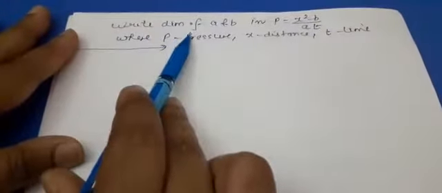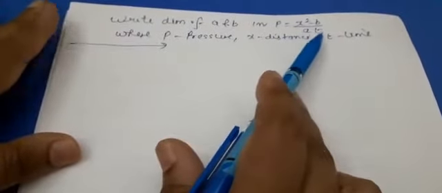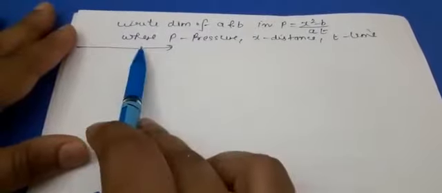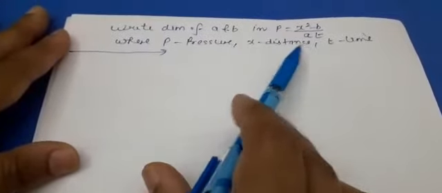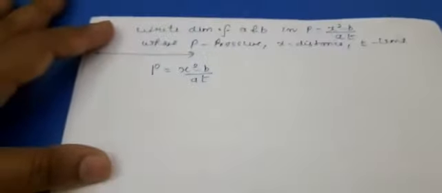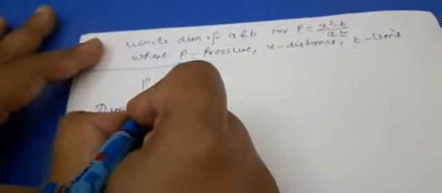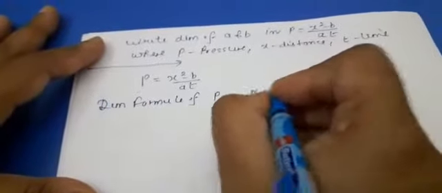Write dimensions of A and B in the relation P equals x square minus B upon AT, where P is pressure, x is distance and T is time. So see, this is a statement where pressure is x square minus B upon AT. Now, here we are familiar with the dimension formula of all the terms. So first of all, the dimension formula of pressure,